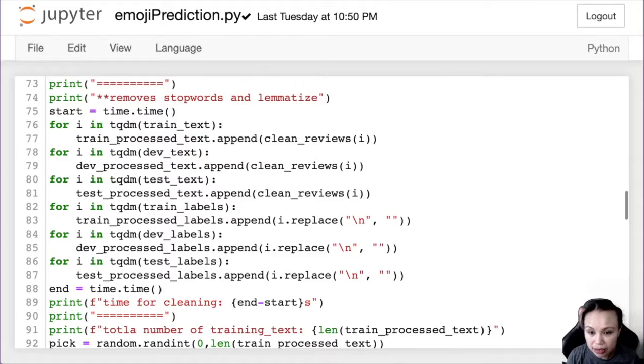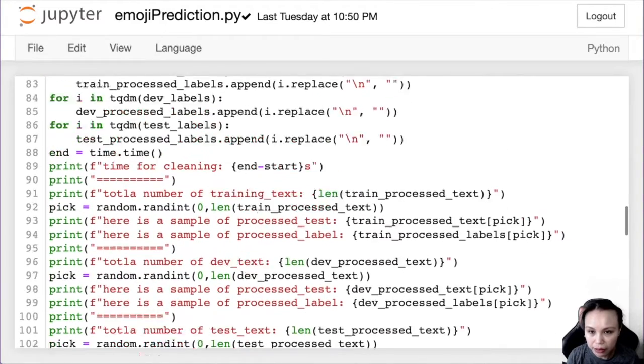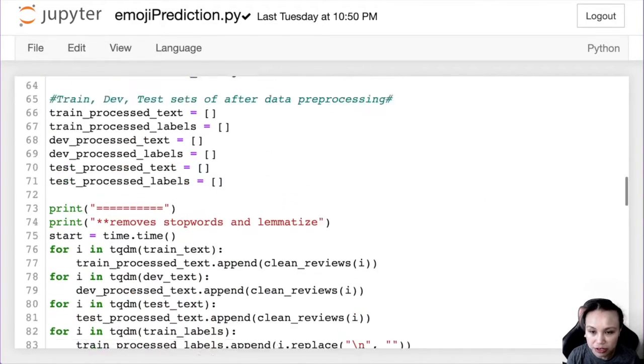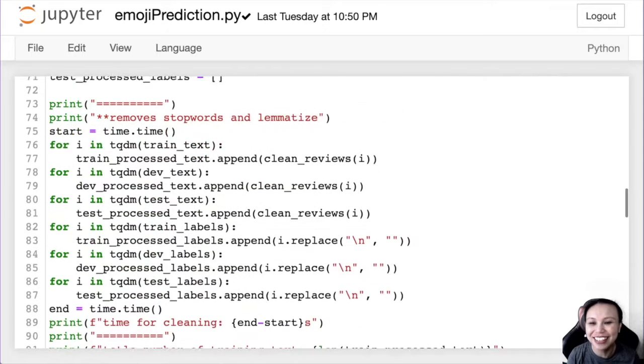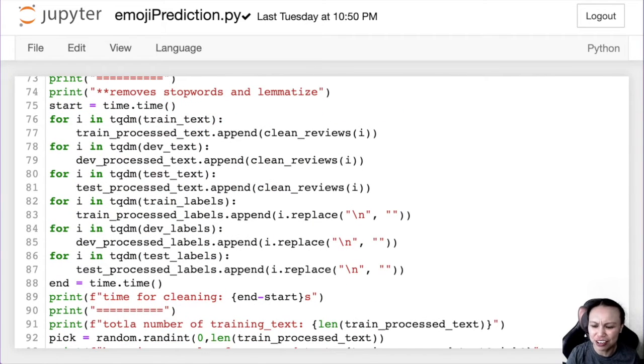I've also added pickle so I don't have to do everything in one batch, because it would take 11 hours at the end. I let it run last time, and then I came back to see that it's actually taking 11 hours to get everything done. So yeah, it's crazy.